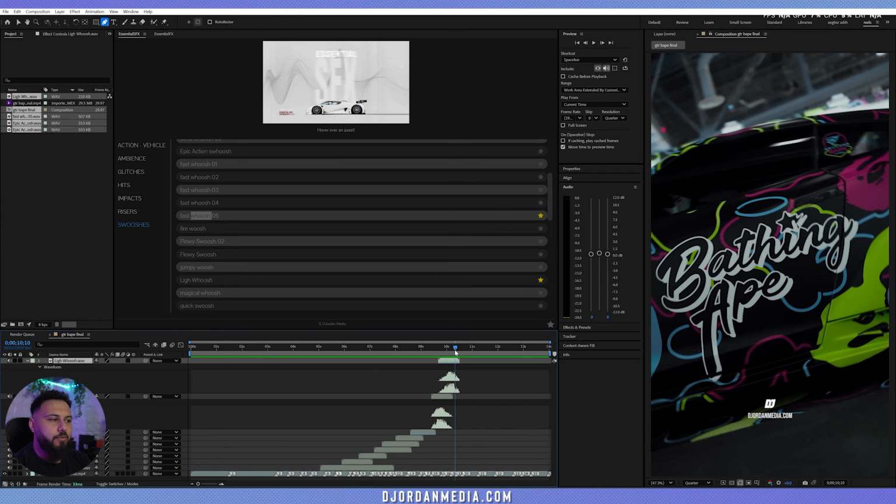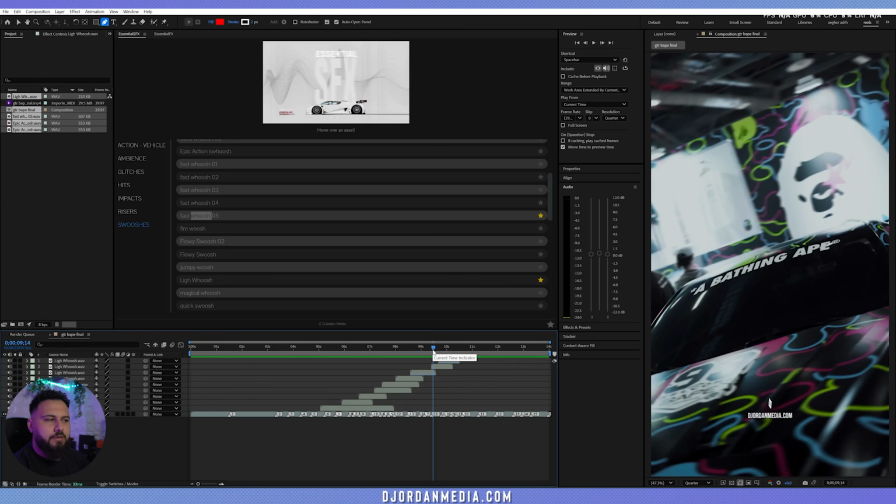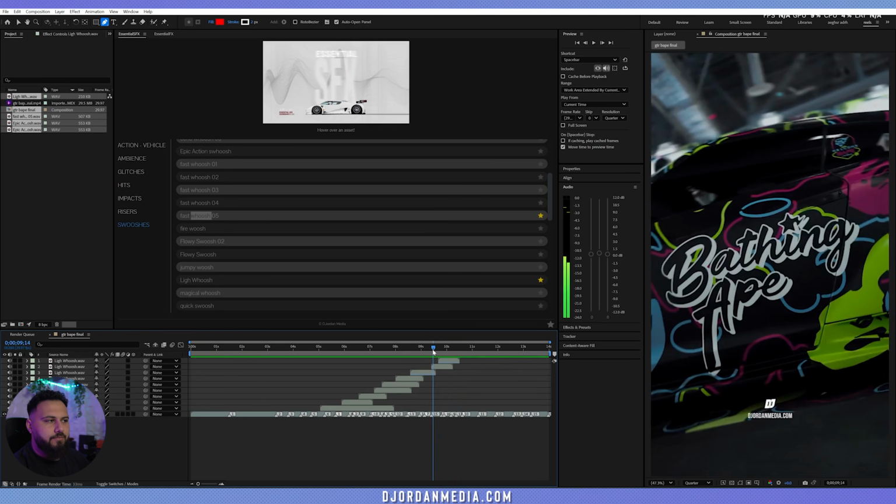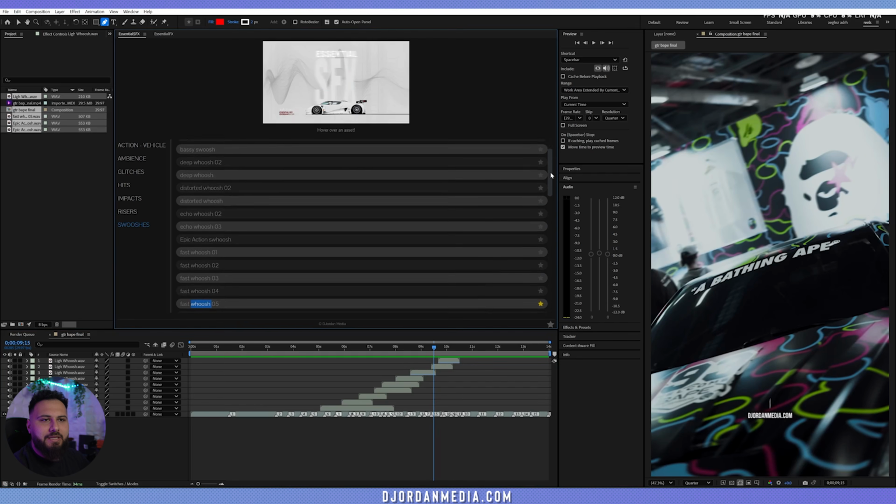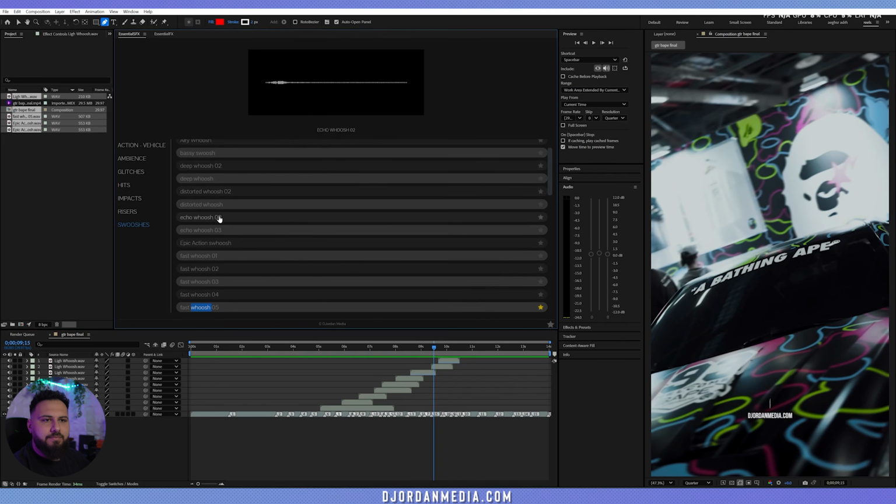Another thing that's important to note when you're doing your sound effects or sound design is that you want to make sure all your sounds complement each other. So you can see that this sound effect is very subtle. It sounds more of like a wind whoosh. So if I were to add something in like this, an echo whoosh,